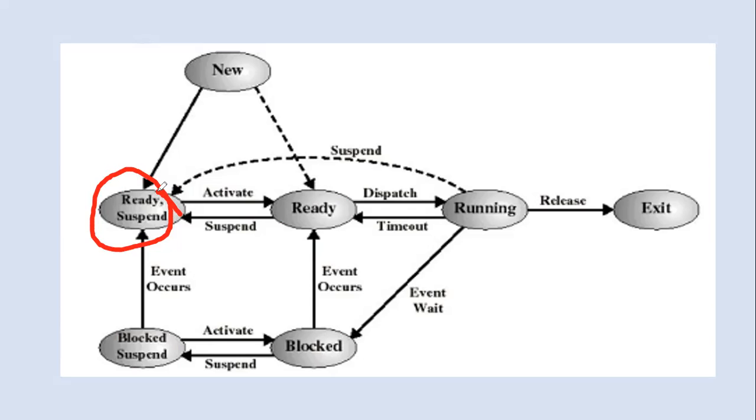It's not because that process had any issues. It's not because it had made any request, but it has just been taken out in the same ready state, but in a suspended state. That means outside the main memory for the purposes of creating space for the new arrival if the memory is not adequate. So this section in the secondary storage medium that is used for processes in the ready suspended state and blocked suspended state